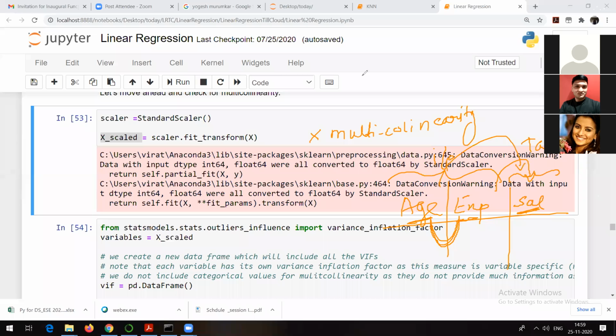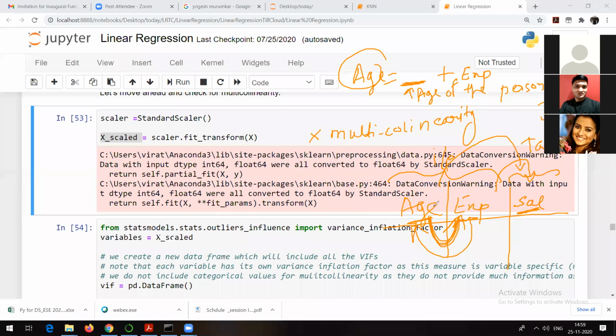For example, what I want to say is you can calculate the value of age given the value of experience. If you are aware about some constant value, what is that constant value? That constant value is nothing but the age of the person at the time of joining, right? If you are aware about this constant value, you can easily calculate the age. That means this independent column is dependent on this, or vice versa also you can say. That's what we call collinearity.